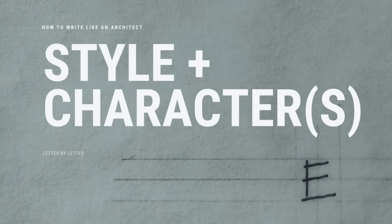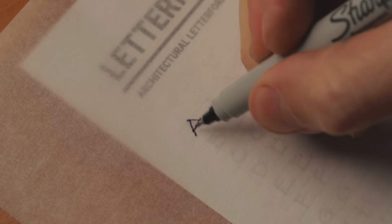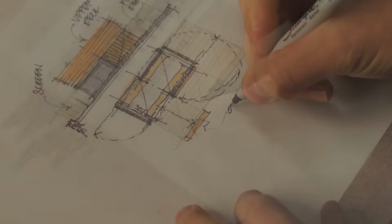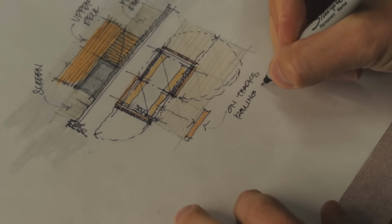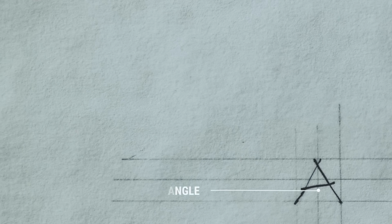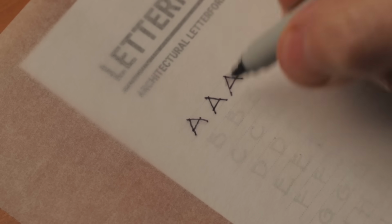Let's talk about the hallmarks of the style. First thing is proportion. It wants to roughly be a square proportion, so as wide as it is tall. The endpoints of your letter forms should overlap just slightly, and this allows you to not only create a more precise letter form, but also allows you to move more quickly as you get up to speed and you get more practice with this. Overlapping those edges will allow you to just move more quickly. Last thing we can talk about is how the horizontals have a slight uptick to them, and we'll talk about each letter form individually, but you can see it's about as wide as it is tall, and we're working to